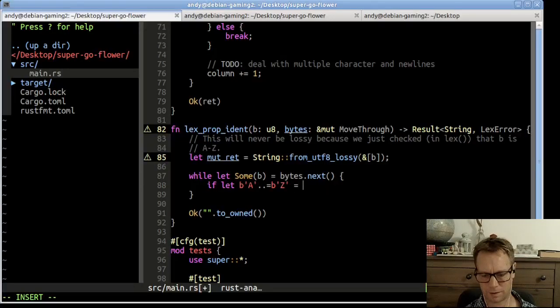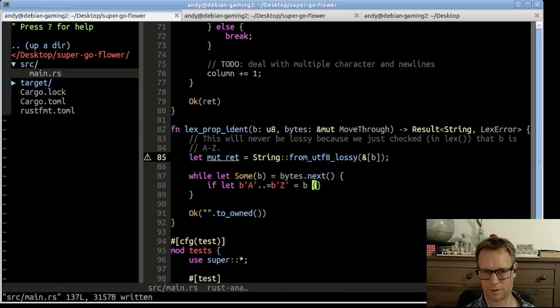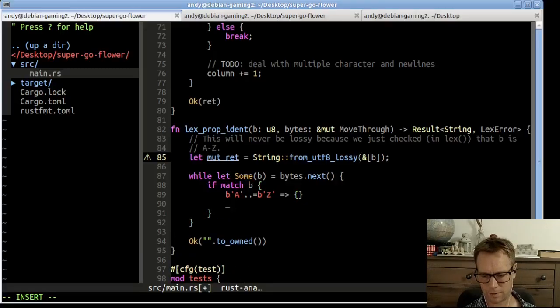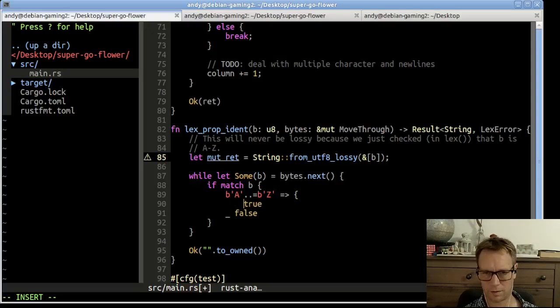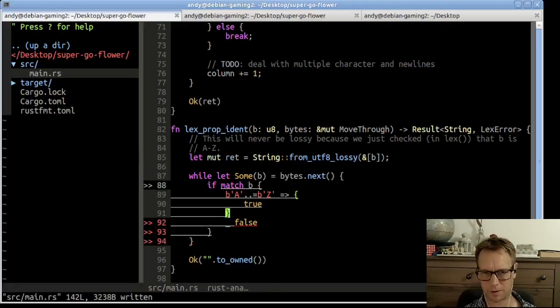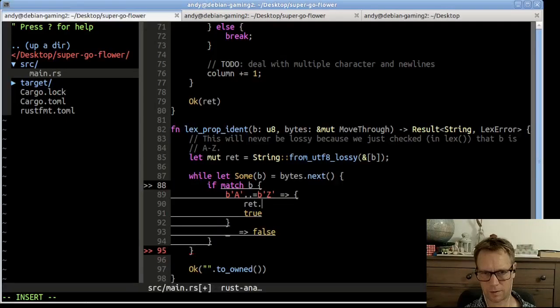Can we do this? Like we're trying to match. That feels really weird. We could do... Would it feel less weird if we did this? Otherwise, false. So basically, what I wrote before I think was right, because if let is actually pattern matching, but it was so weird I just couldn't cope with it. So we're doing a pattern match. If it's A to Z, then we're going to